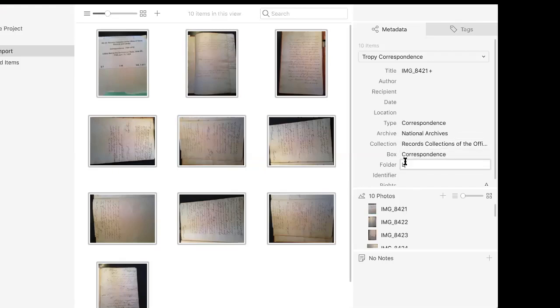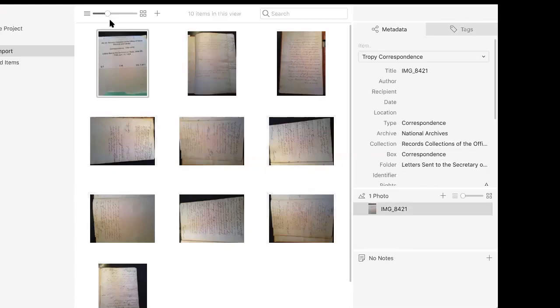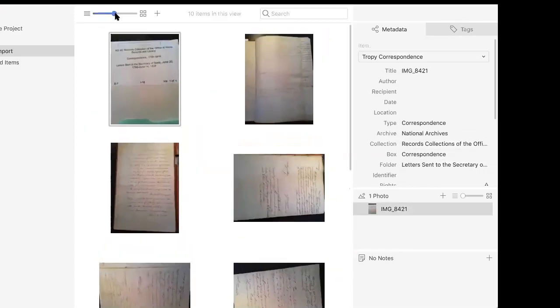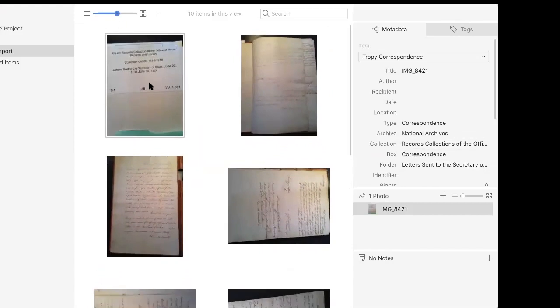Folder is letters sent to the Secretary of State. Now, where am I getting this? I already know this because I know these documents, but I'm originally getting it from Abby's very handy photograph here of the request slip. So you should be getting this information from the photos that you took for your own